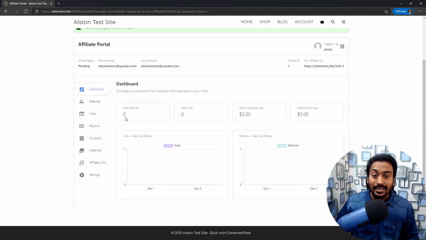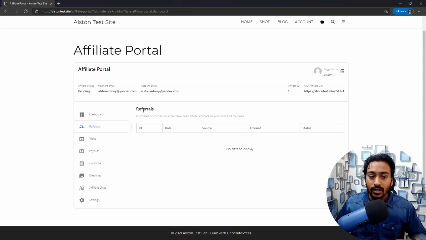It does give me an overview of the number of total referrals or the number of customers I have referred, total visits, how much is unpaid, or what was the total paid earnings. It will also show you the graph stats of my paid commissions or sales. If I go into the referrals tab, it will now show all the referrals or the customers I have referred to this particular site.